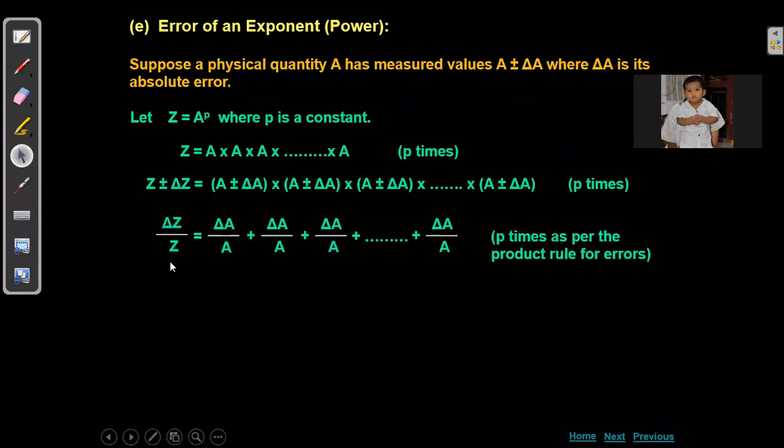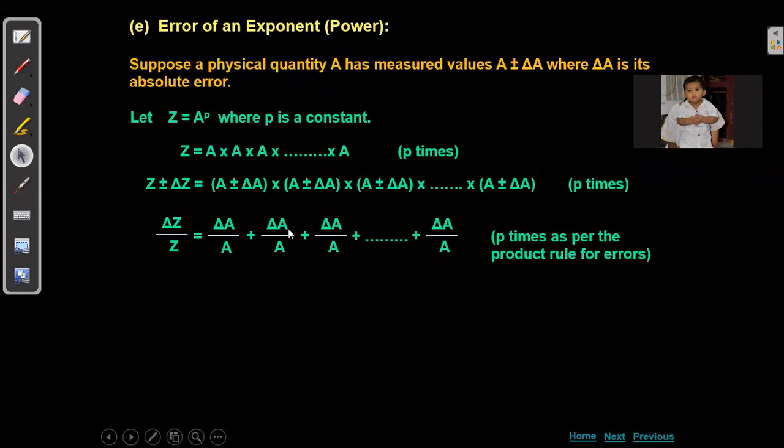So again here I am going with the relative error concept only. Delta Z by Z, if I write, what can we write? Delta A by A, delta A by A, delta A by A, delta A by A. It can be continued. As per rules of errors, as per rules of errors means already we have seen